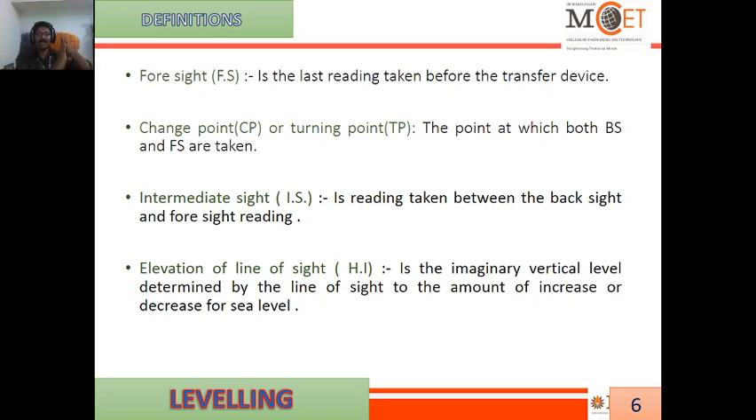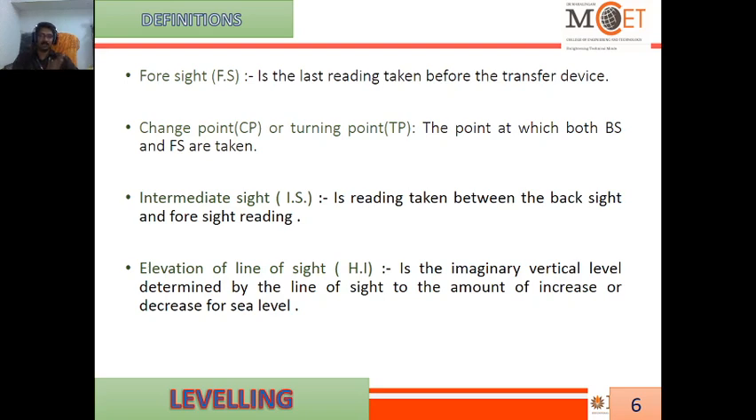That value I can calculate from the standard benchmark, right? So that point becomes the reference for the new position. So I have to get back the backsight in the same station. So that is the change point. So at the change point only I can take both the foresight and the backsight, right? The remaining points we take in the same instrument position are all considered as intermediate